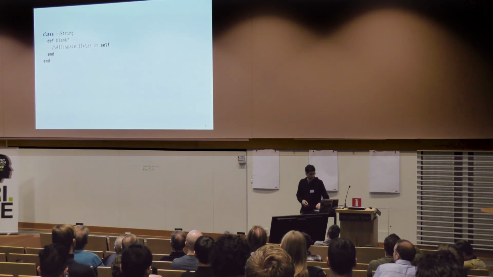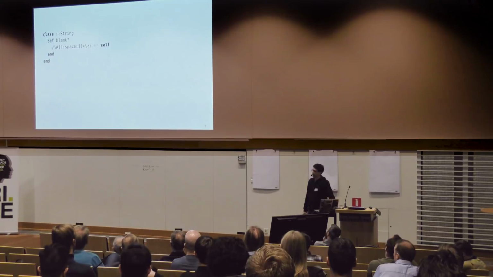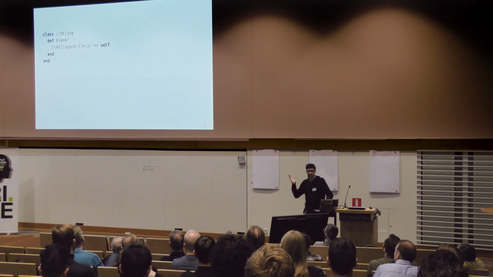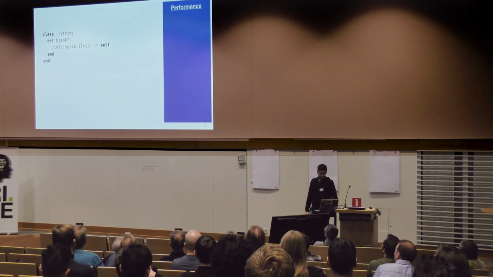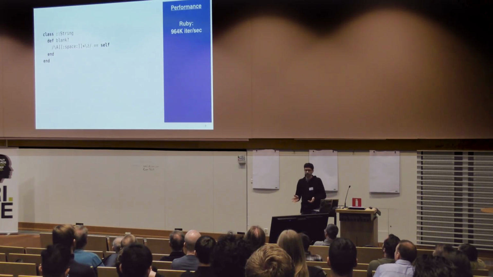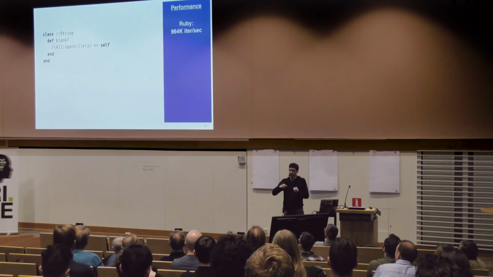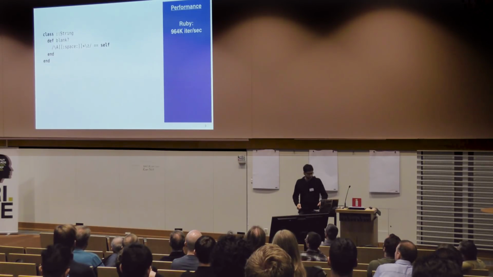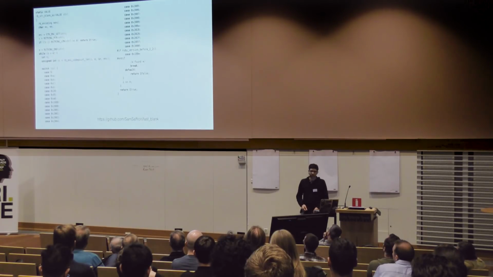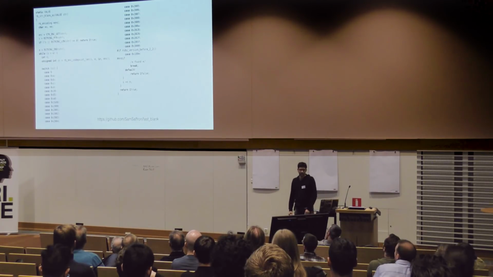So here's an example of that. This is some Ruby code that is used to test if a string is whitespace. This was, I don't know if it's still there, but it was at some time the actual definition of that method in Ruby. It uses a regular expression. As you can imagine, it's not all that fast. It's okay. You know, how often do you check if a string is whitespace? Well, it turns out if you're running Ruby on Rails, you check that a lot, like every time a request comes in, because you want to look at the URL. And so some enterprising programmers said, well, you know what we can do? We could rewrite that in C. That's fine. And so this is what it looks like.